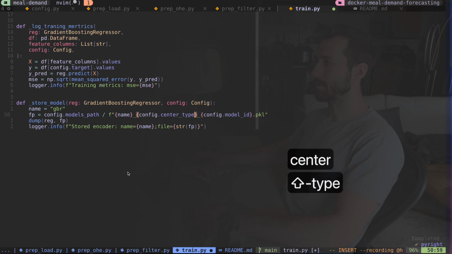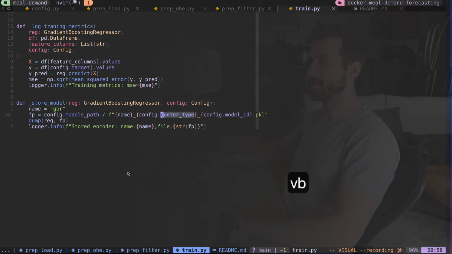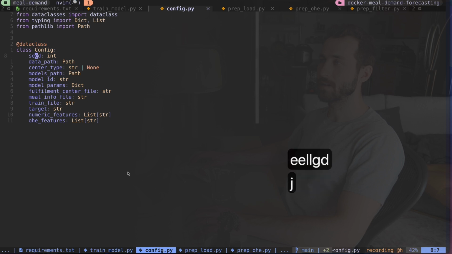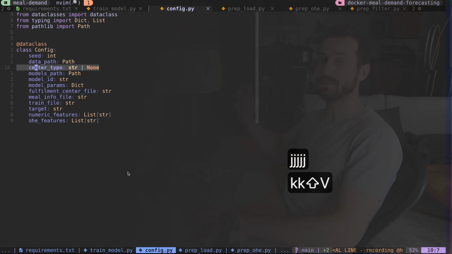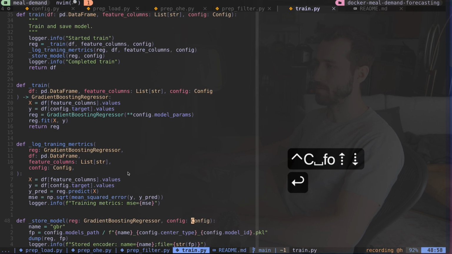config.center_type like that. And you can see my linting program is not giving me errors because it knows that is in this configuration object. Because of how I've defined it, if I go over here, I have center_type right here. So it knows to expect that, which is really cool. So if I go to my old files and hop back where I was, go to the bottom and